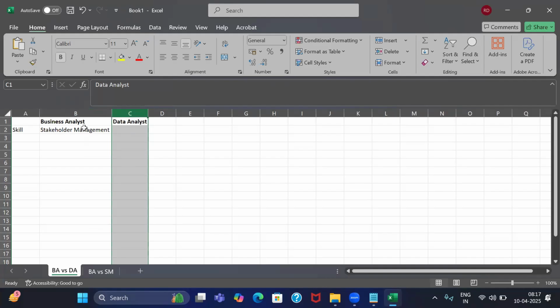Whatever information you gathered from the primary stakeholder, you need to pass it on to your teams. So your teams are another set of stakeholders. Then you have the deployment group, who is responsible for deploying whatever code changes have been made. So you have to talk to them. You need to again talk back to your client to give a demo of the product. Whereas when it comes to a data analyst,